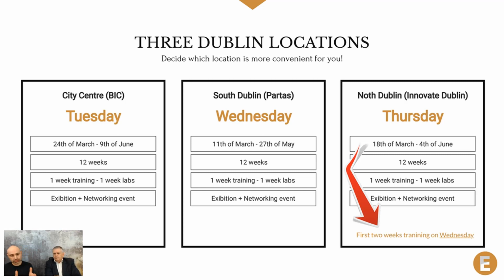One thing that I'm really excited about is that we set up an event at the end of the course, because obviously we have 3 different groups. They are going to be trained separately, but we will have an exhibition event where everyone is able to display their work in front of the other people. And that is also a networking event. You have the possibility to mingle with people that you didn't see every week, but the possibility is there. And this also is kind of bringing a project together.